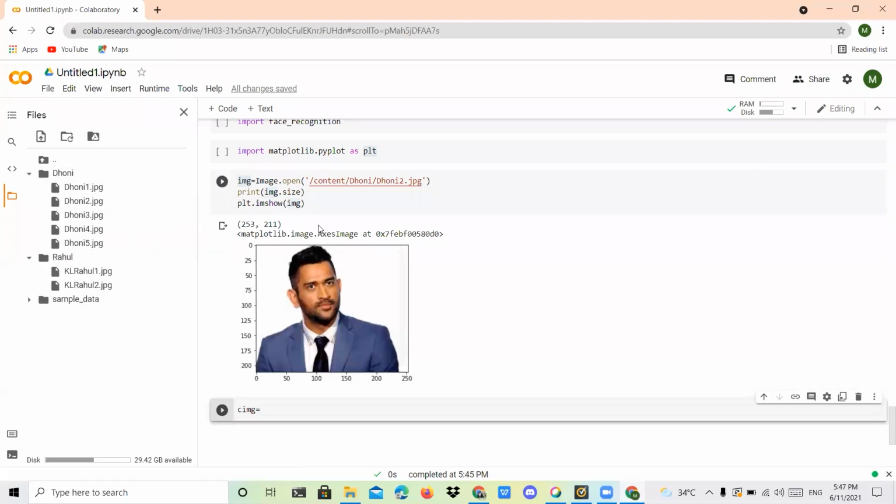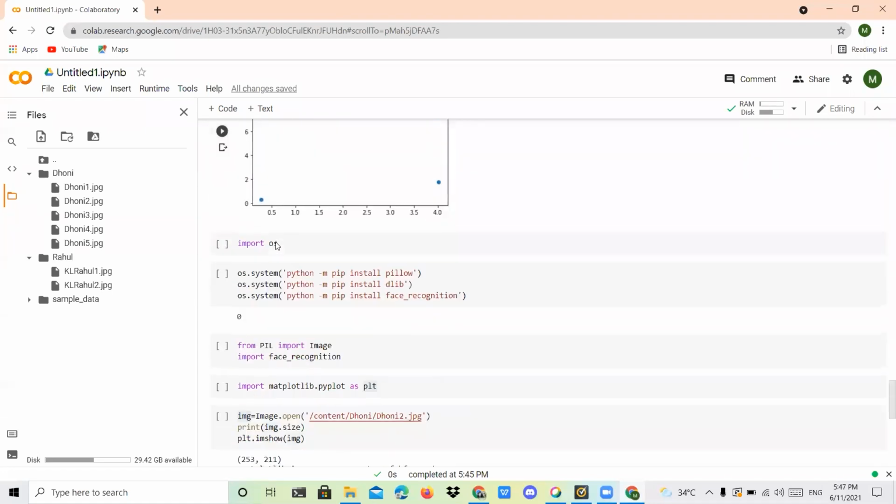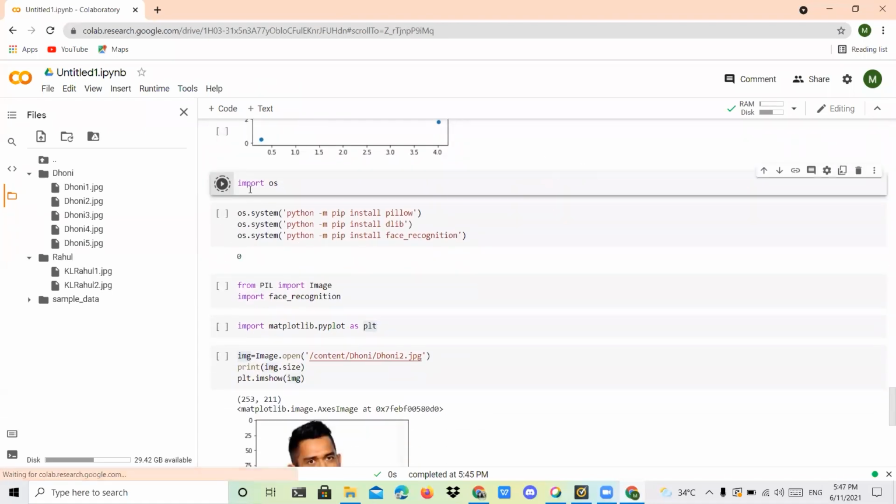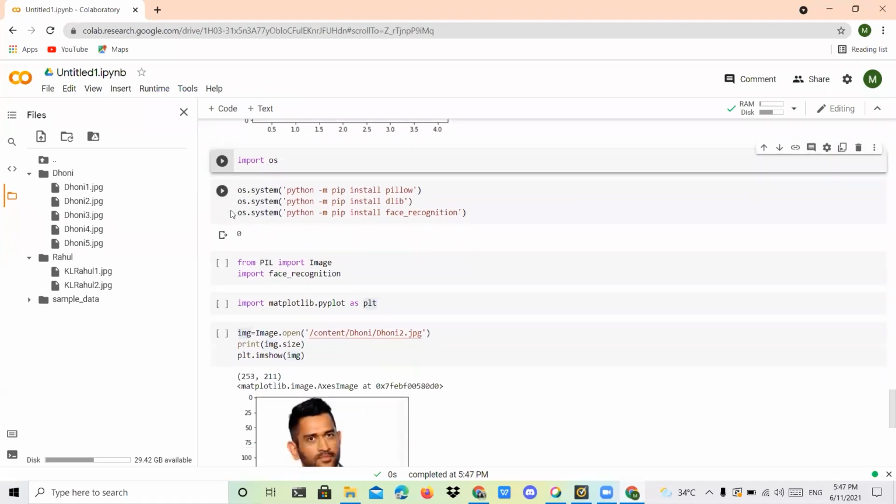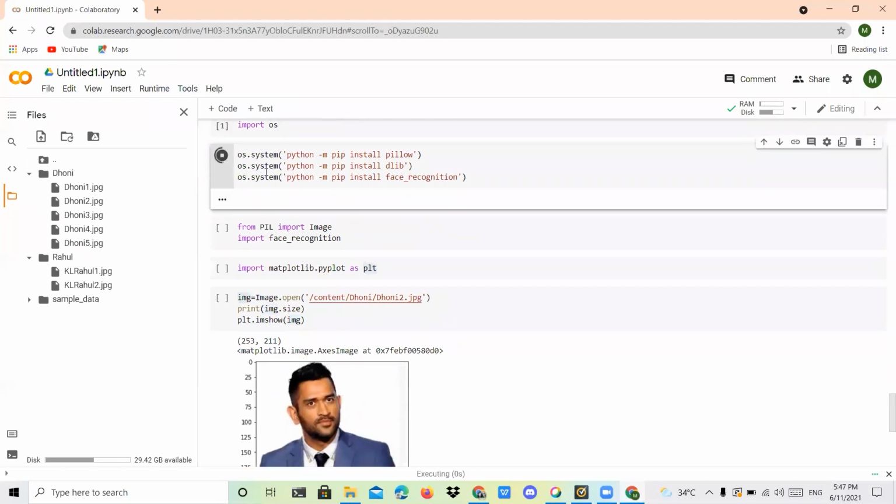Okay, next I'm going to import everything one more time because it's connected again. So you can execute your libraries one more time. Whenever it is disconnected, you have to execute your libraries again. That is very important. Otherwise, it won't work for the images, whatever handling we're going to do.